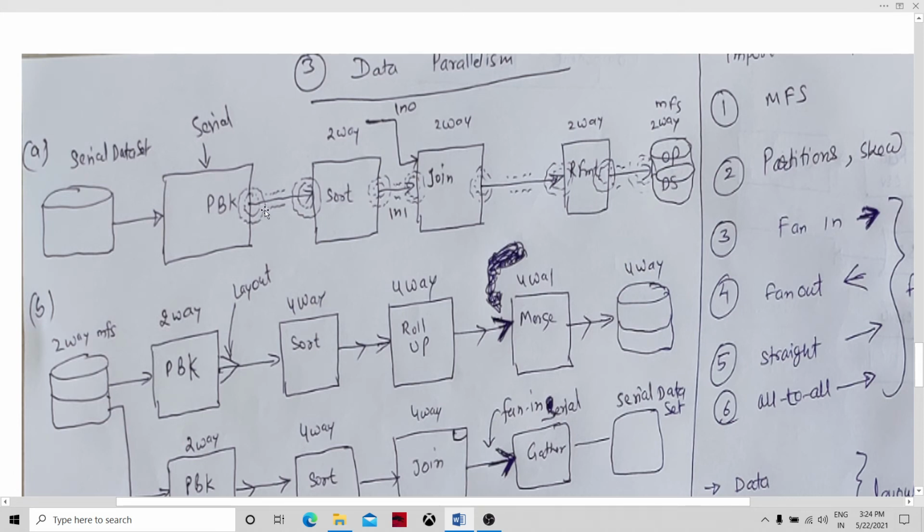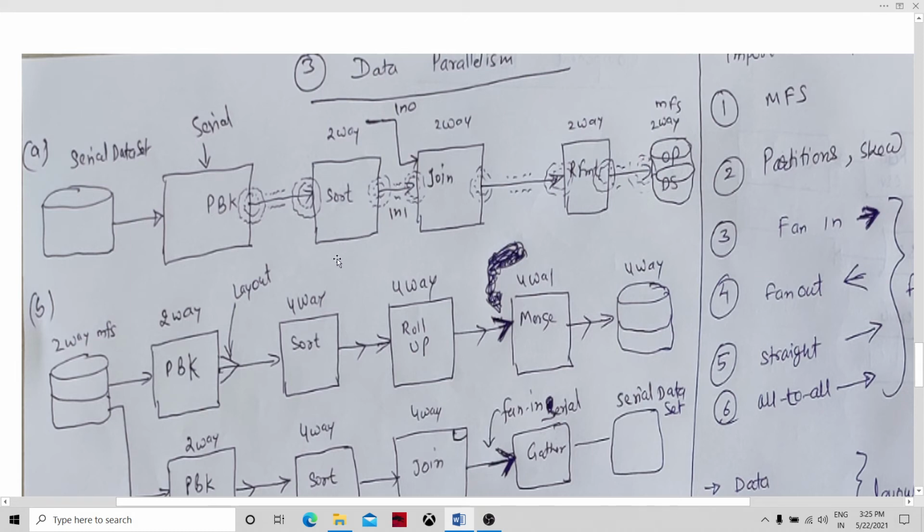I have circled these things with dotted lines. This output port of partition by key and this input port of sort, and likewise these ports and flows, I have encircled. Also, I have written two-way on these components.